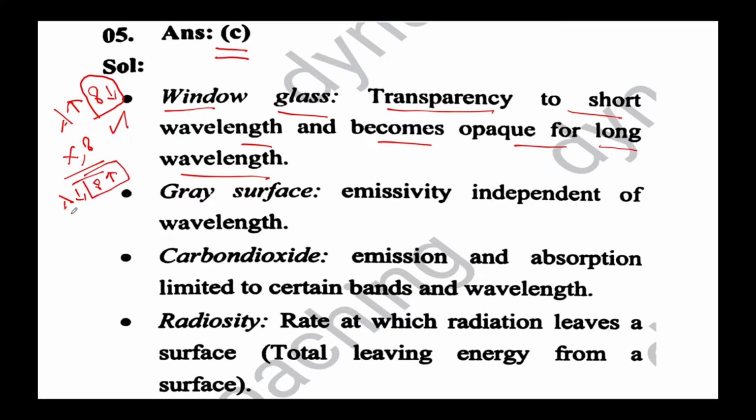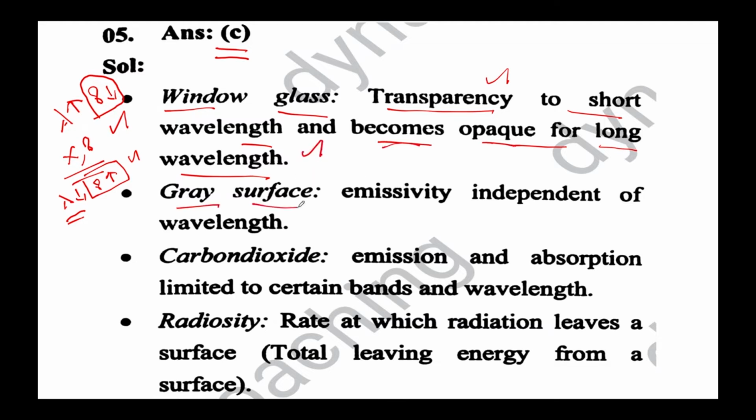So remember your X-ray. While taking X-rays, you are supposed to keep your body exactly on the film. So if you try to stand a few meters away from the X-ray coated film, then you will not be able to correctly capture the image, right? So which means the wavelength is very small, but the penetrating power is huge, right? So if you try to take the window glass, it will be transparent to short wavelengths because the penetrating power is more, and becomes opaque for long wavelength because the penetrating power is less, because the frequency is less.